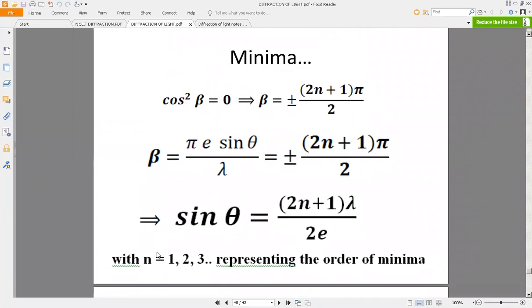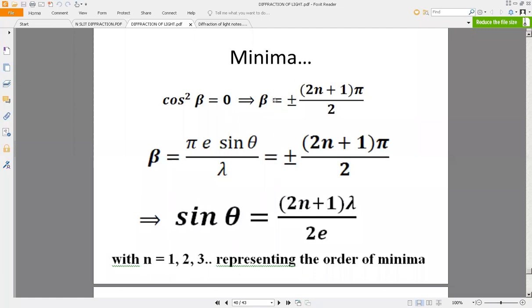Okay. So here n equal to 0 I can put, but 0th order minima is not visible. That's why I have started with 1. On the screen you are going to see only the first order minima, but not the 0th order. But mathematically even 0th order minima is also possible. Practically it is not possible, right? Here I said n starts with 0, but here I have intentionally written n as 1, but not as 0.